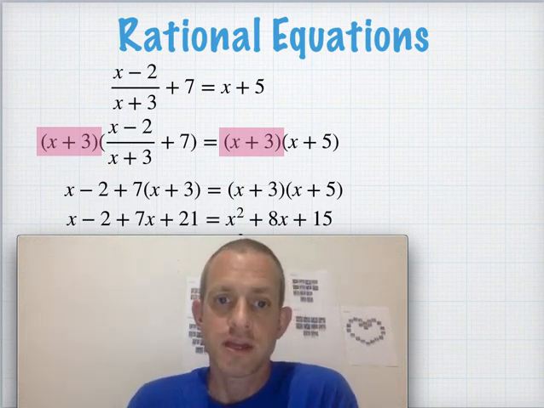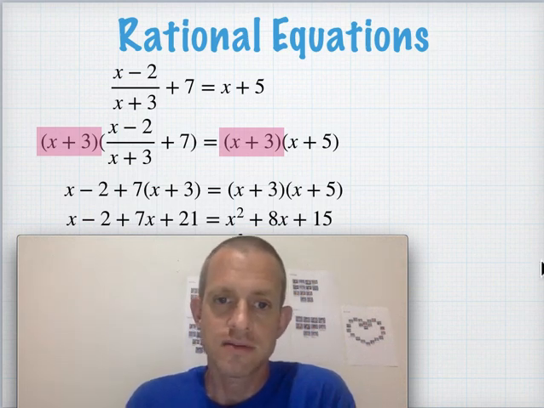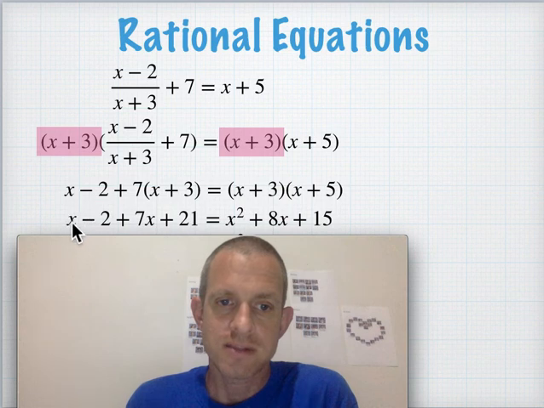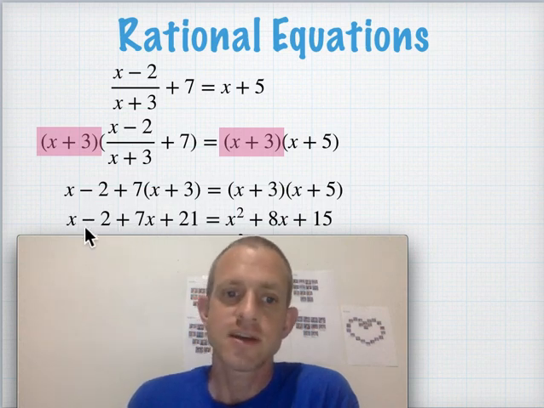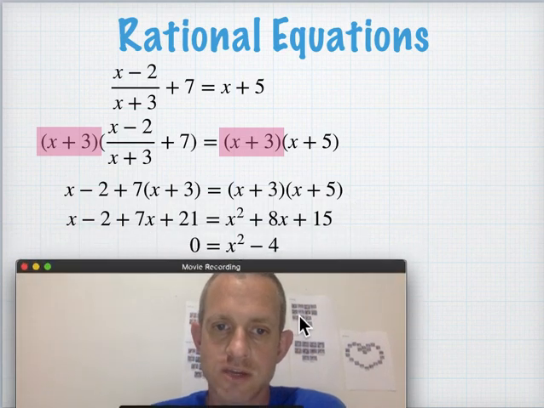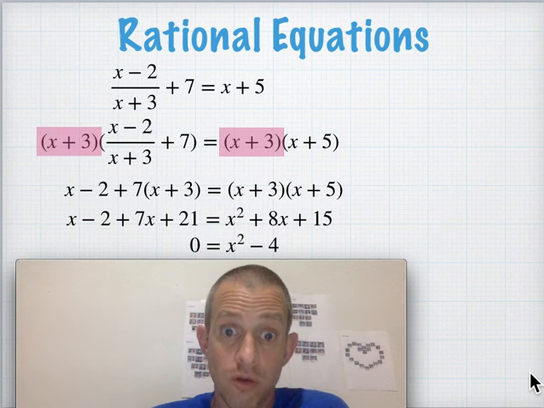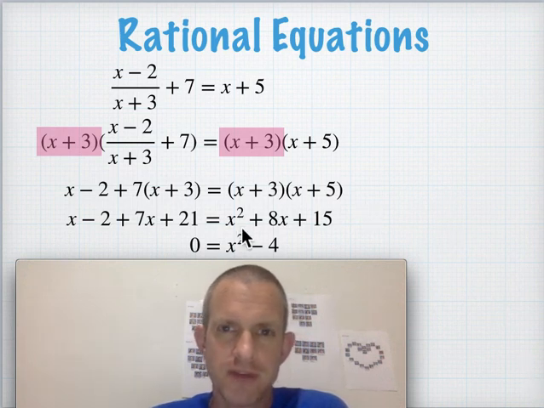Again, it's a quadratic equation, and so you shove all those things to one side, equal to 0. I did that by subtracting an x and subtracting 7x's and adding 2 and subtracting 21 from both sides, and assuming I didn't make any mistakes, I ended up with x squared minus 4,